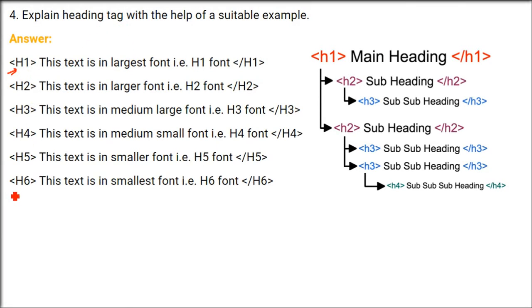Explain heading tag with the help of suitable example. So heading tag is, whenever you have a document, you have different headings. This heading H1 has the largest font. Whatever you keep inside H1 will be in the largest font. Then the font size decreases, largest, medium, then smallest. H1 to H6 are available to us. For example, if you see in this right picture, if you have a document, you need to write the content, you have to have some heading.